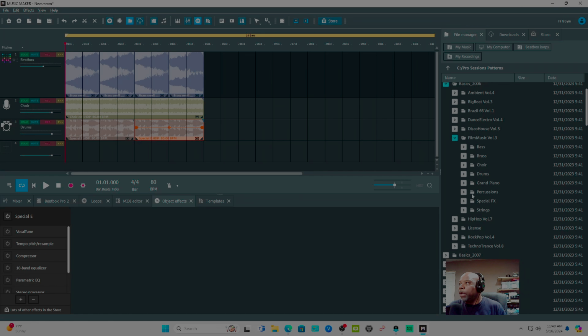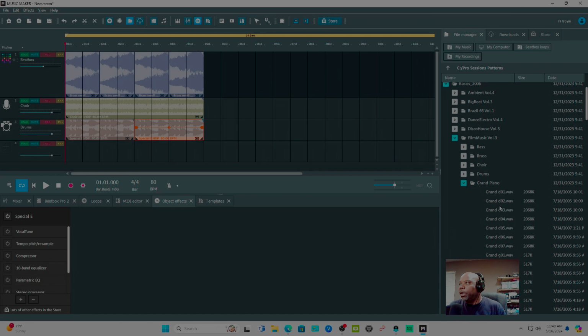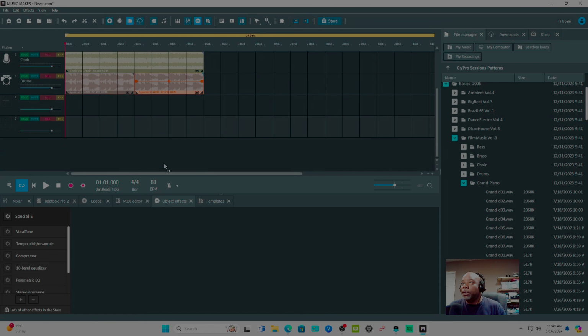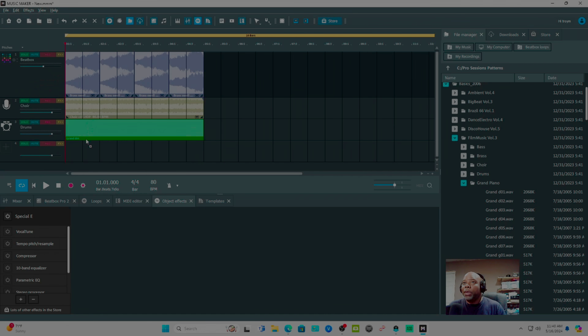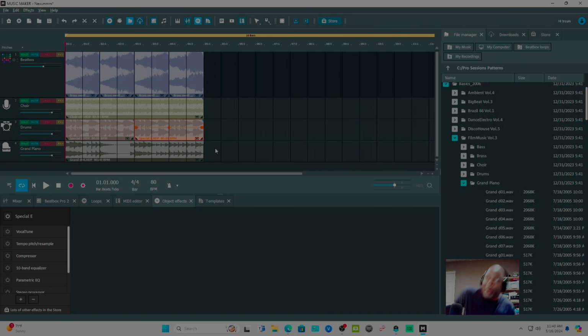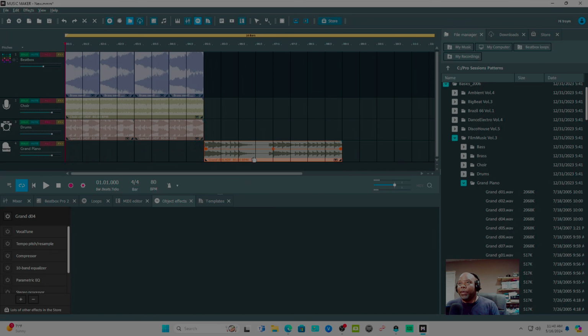So we got drums. Let's add a piano then, right? I'm just gonna add this. Oh, we could add some other stuff. So the piano took up what? A 4-bar count. So we're gonna just do 4 bars, right? We go play this to see what it sounds like. Nah, we go do something like this. So we go move this.